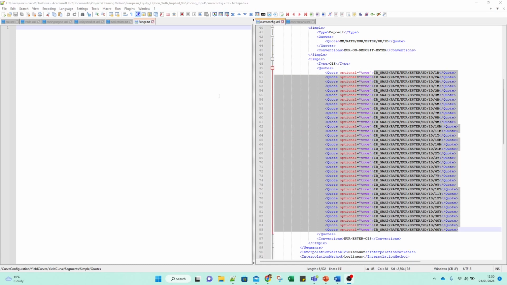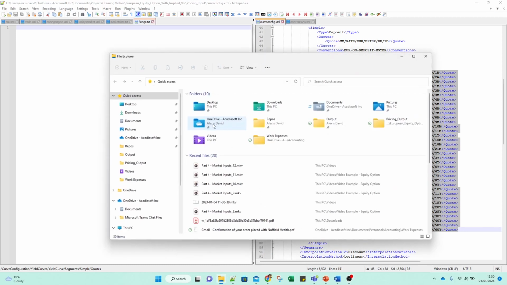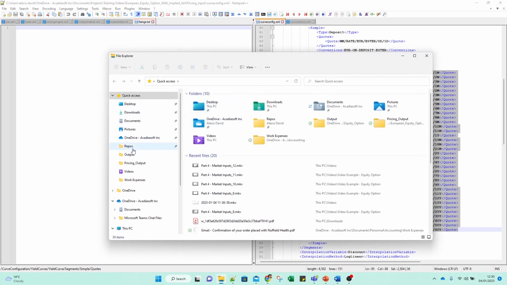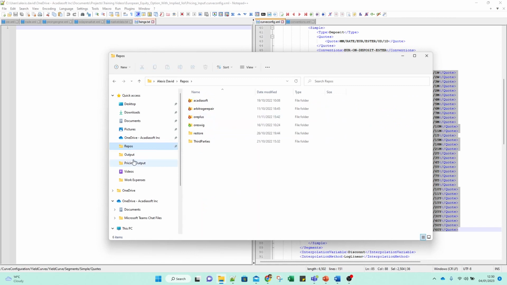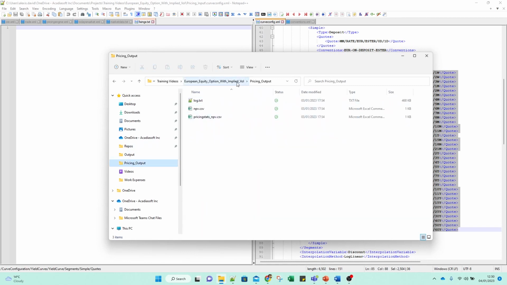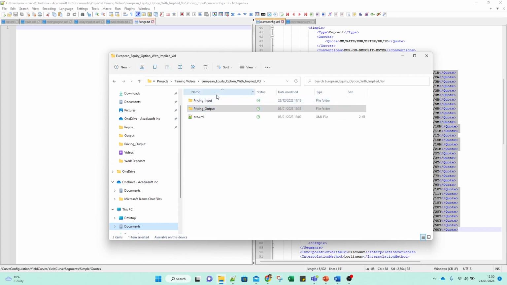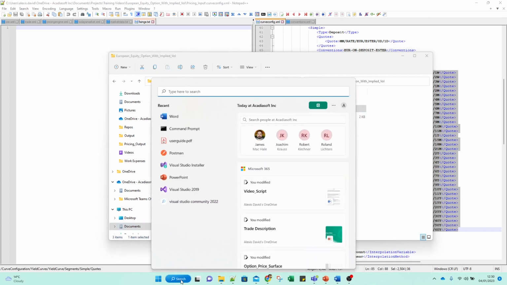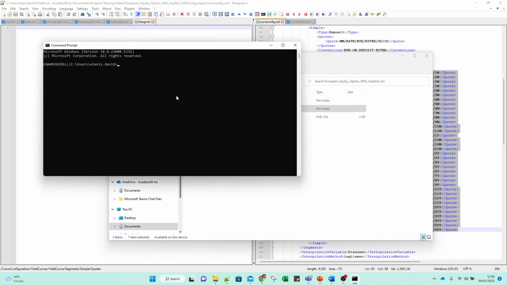Now that we have defined all the input files, let's look at how we're going to price it. So the first thing you want to do is just go to where you define all your input files, copy the path, open a command line, do your cd in that folder,